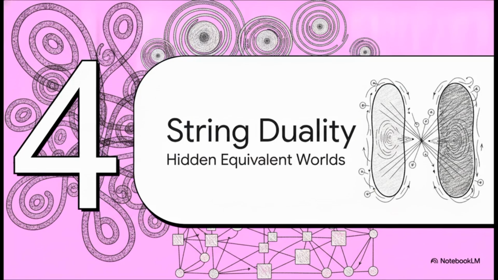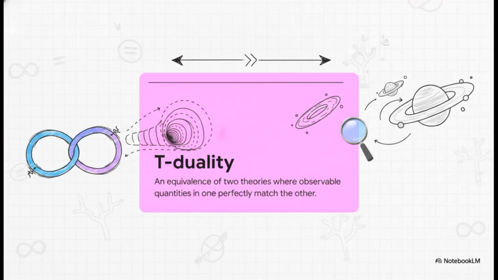Let's move to our fourth point and see how this all builds: string duality. This is where things get truly mind-bending. The specific duality we're looking at is called T-duality, which is short for target space duality. It was first noted by Bala Sathyapalan in a somewhat obscure paper back in 1987. T-duality basically states that two seemingly completely different physical theories, whether we're talking quantum field theories or string theories, are actually perfectly equivalent. Every single observable quantity in one description perfectly matches a quantity in the dual description. It's like finding a hidden mirror world embedded in the math.